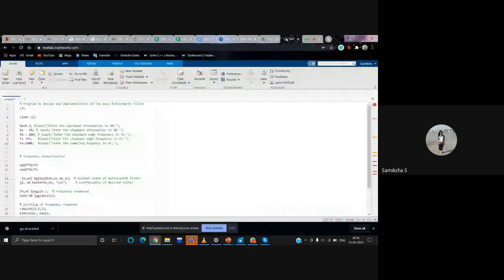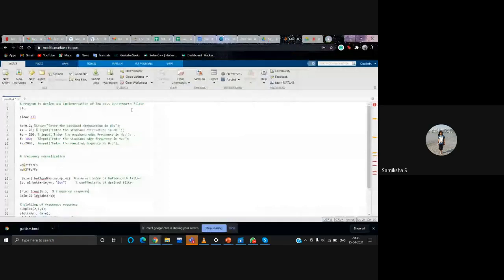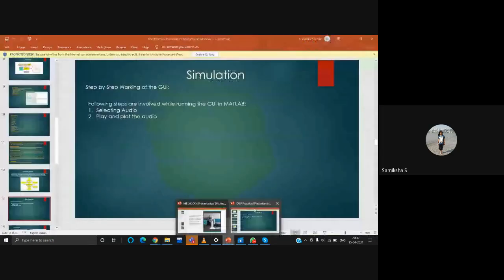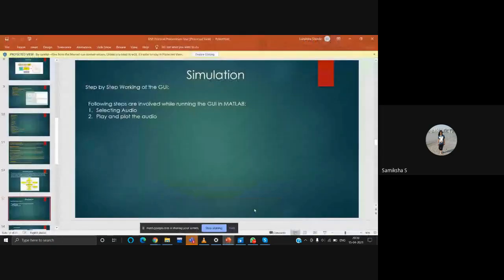We have run this code of a low pass Butterworth filter, but there is a limitation. If we use code, we have to use different codes for different filters. For Butterworth filter, different code; for low pass, for high pass, for every one we have to make different codes. That's why we have used this method.